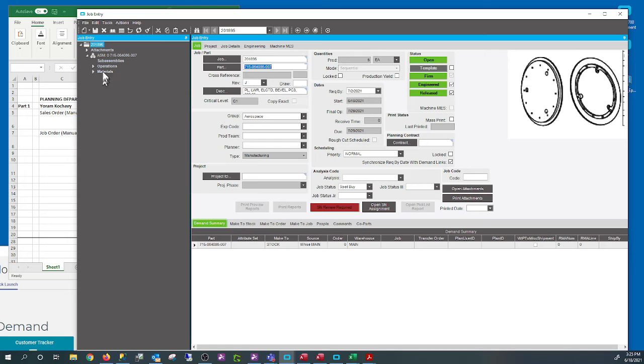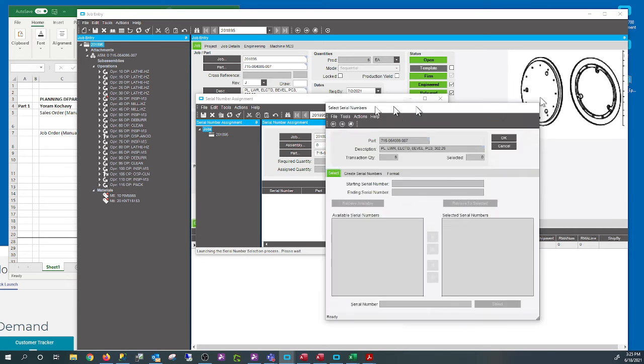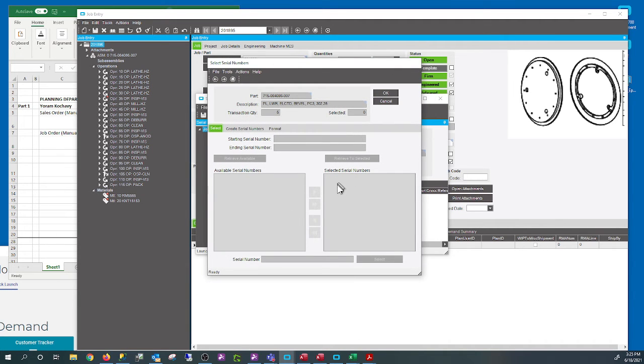Okay. So the red one right here is showing the serial number is required. Yeah. Next to that one, we can add it to the job. Just click this, and then click this serial number, and then you got this one, right?